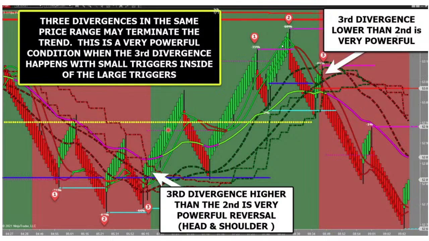And it becomes more powerful still if the 3rd divergence is higher than the 2nd from a low, or lower than the 2nd from a high. Creates a little head and shoulders pattern, guys, and it becomes very powerful. A lot of times you'll see the market turn from the middle of nowhere on the large chart, but on that small chart, these 3 divergences give you the heads up. It just says, hey, no more short trades. Let it work itself out. But if that's not present,